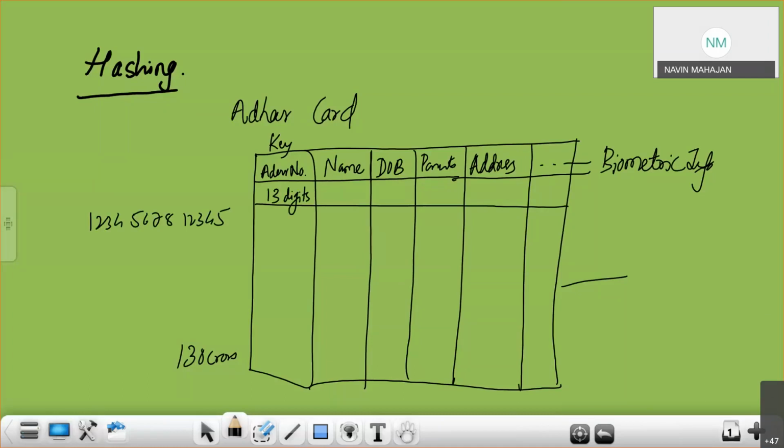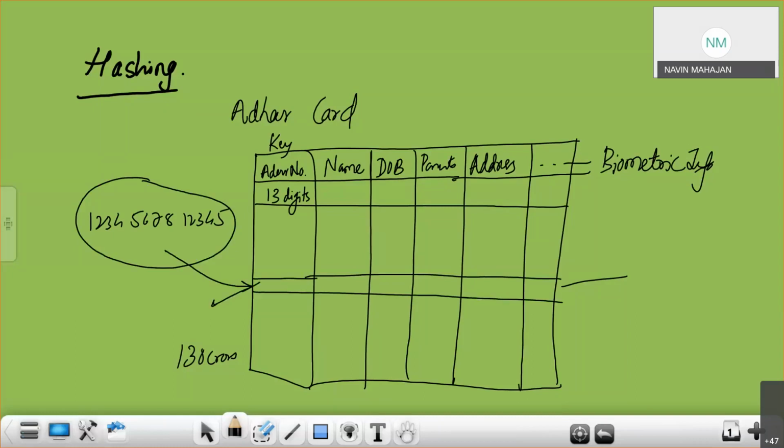Is it 13? Yes, 13. Now what will happen if I use a hash function on this particular value? It will directly go to a particular location and check whether my key matches in that particular record.